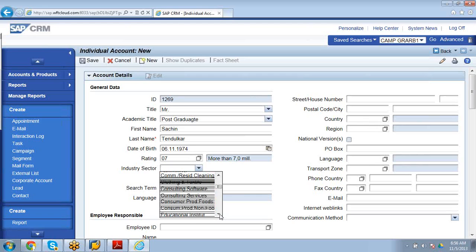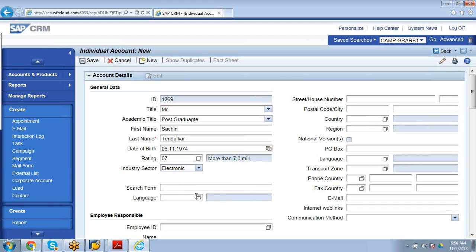Then how do we give the ratings, as 0 to 1? When a client calls us, we ask them what the turnover is, or they'll send a fax. According to what we have input, we have to give the rating. We cannot give whatever we want. Search term should be in shortcut.